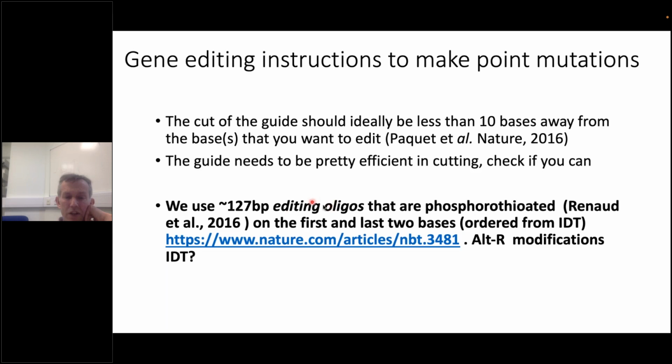These editing oligos have the edits that we want to have in the DNA. In addition, these oligos are phosphorothioated because they are more stable. And actually, IDT appears to have a new modification, and you may want to try that. Maybe they're even better. They're called Alt-R modifications.